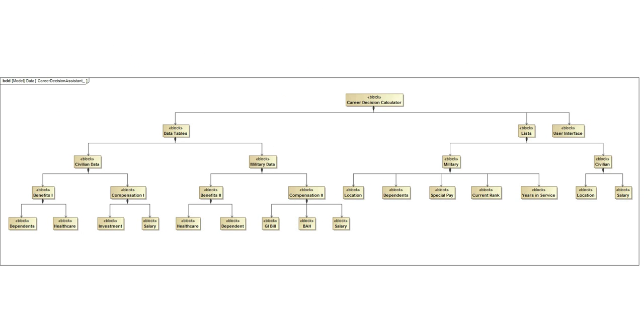Here's our block diagram of the career decision calculator. Again, you can see it's broken down to the data tables, the lists, and the user interface, and the components for each of these different blocks. In the data tables, we're going to have all the civilian data, the benefits and the compensations for whatever career they choose, including whether or not they have dependents, health care, investments that they may make, and the salary that they will be earning. For the military data, same thing, health care, dependents, whether or not they apply or get